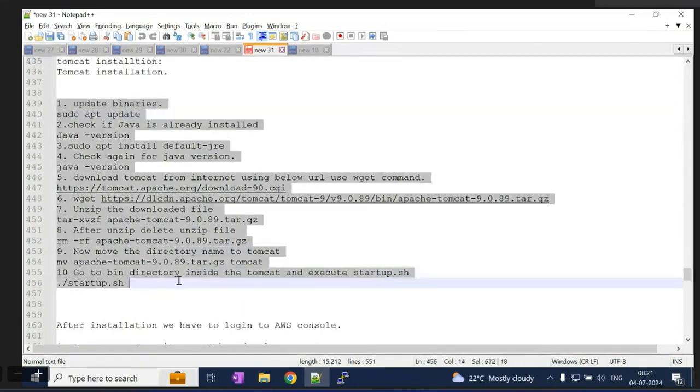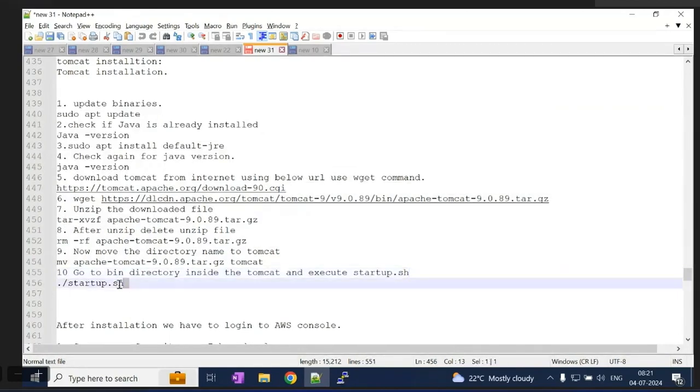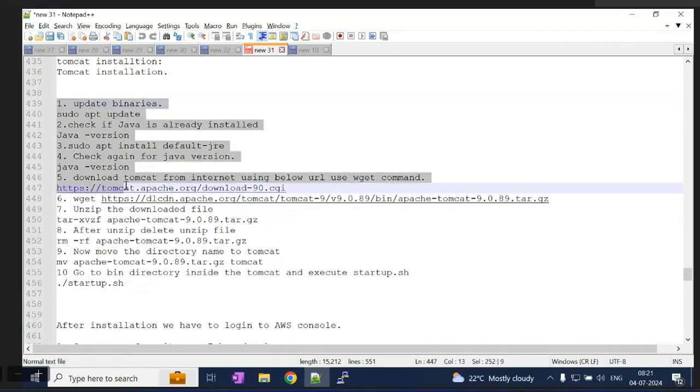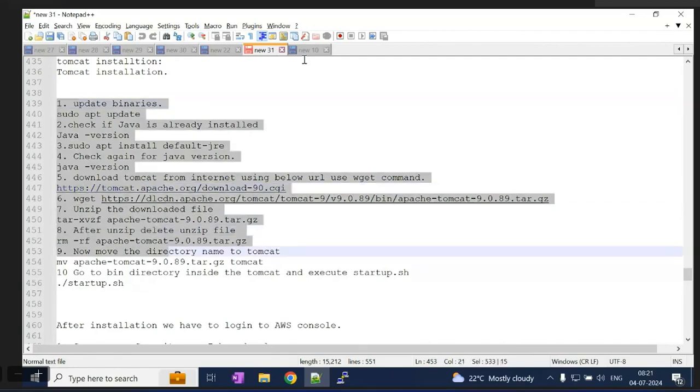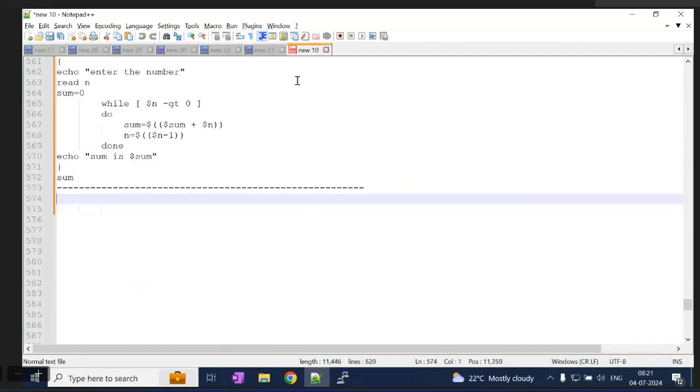You have to do this automation: put these steps in a script and deploy Tomcat automatically using the shell script. This is one of the automation ideas.